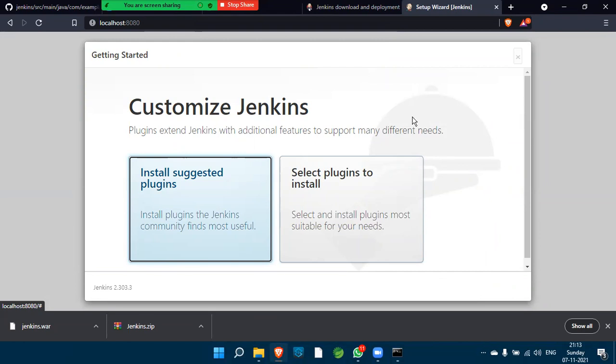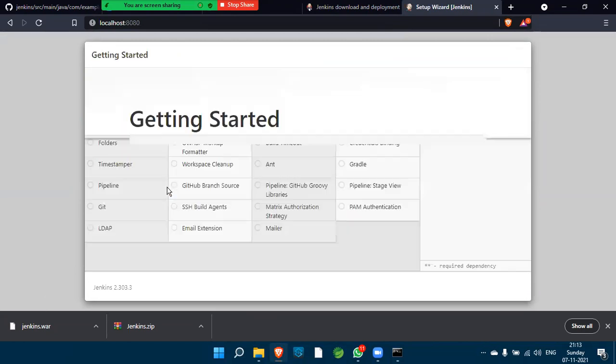Some plugins are available by default. You can select plugins to install. Choose install suggested plugins, because Jenkins by default takes Git, pipeline, and some other plugins. Once we click on continue, it will start downloading here.